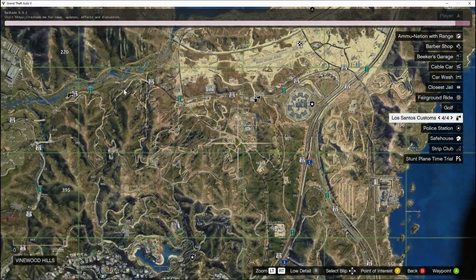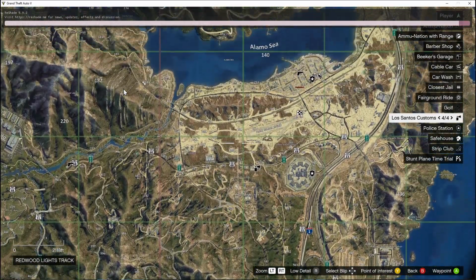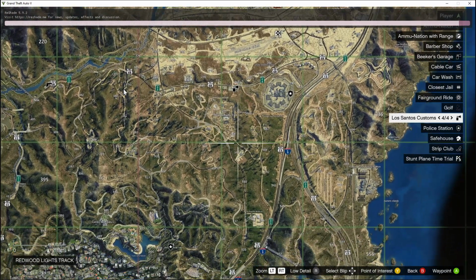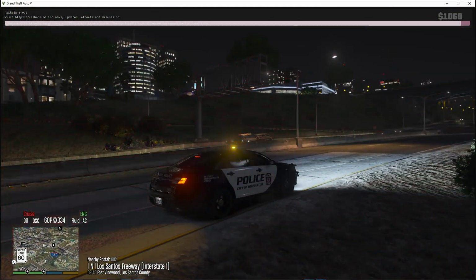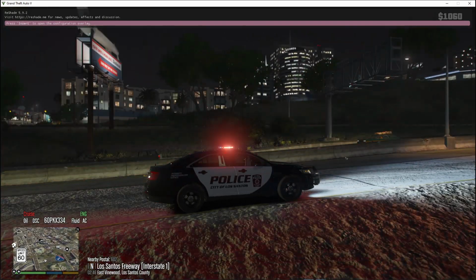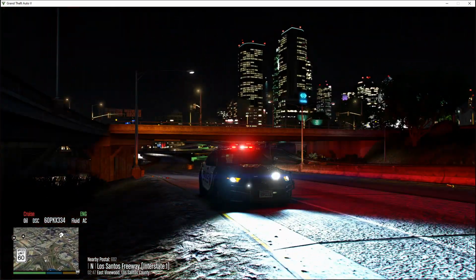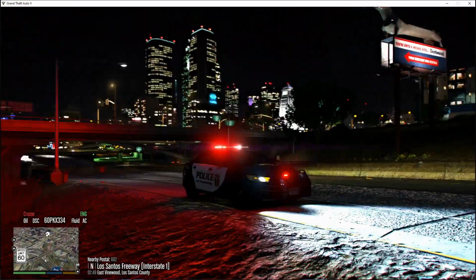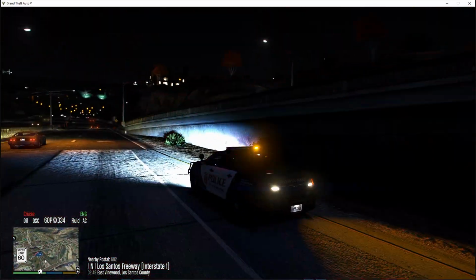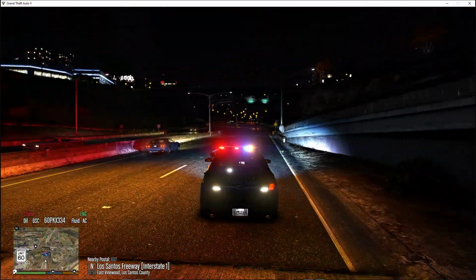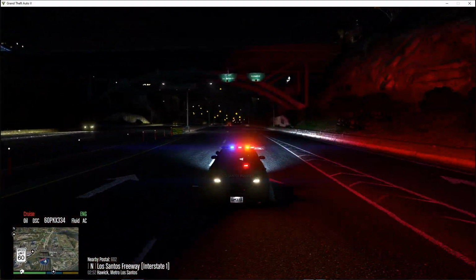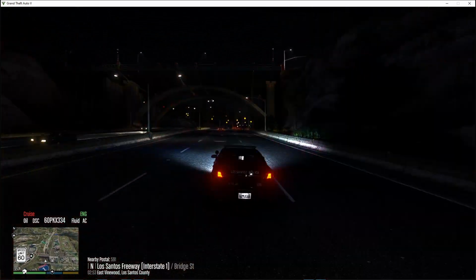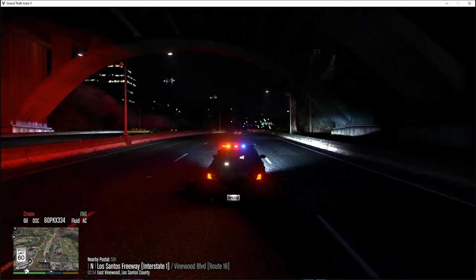My game just went to Reshade, just did something real funky. So that is it, folks. I don't know what Reshade just did there, but oh, there we go. Reshade reset. It did something. I don't know what the hell that thing just did, but it forced my window mode on. Definitely wasn't the mod. We didn't crash. We're not even loaded into